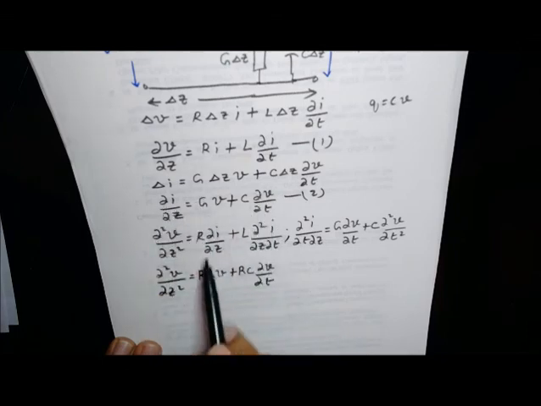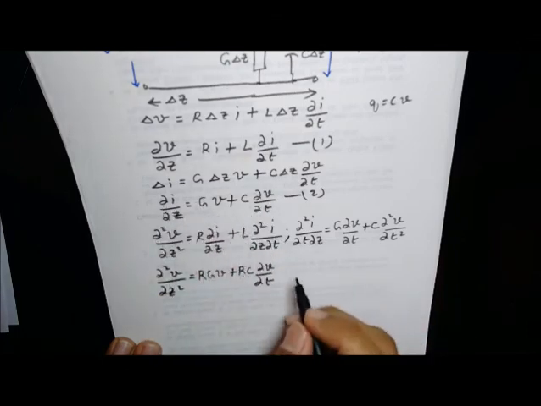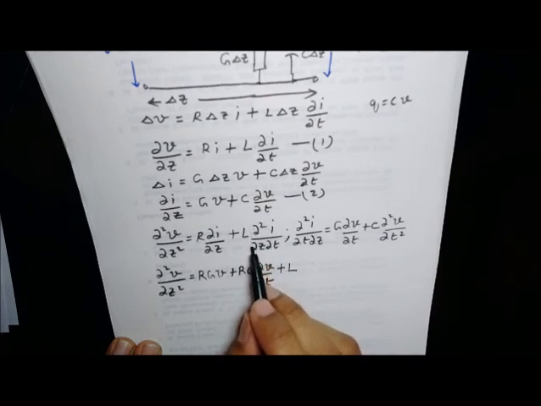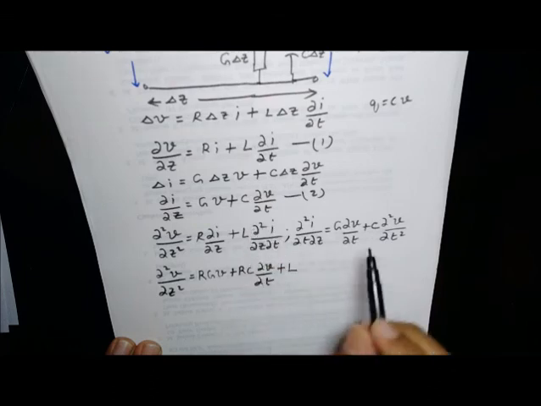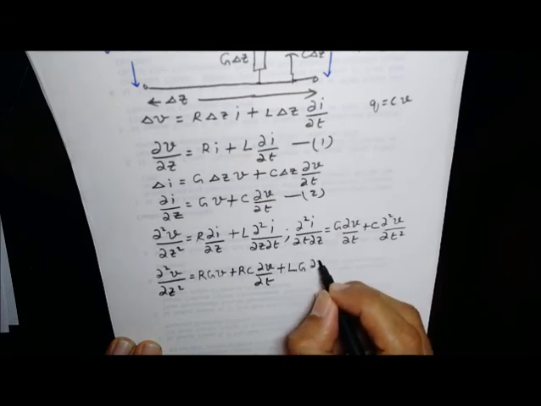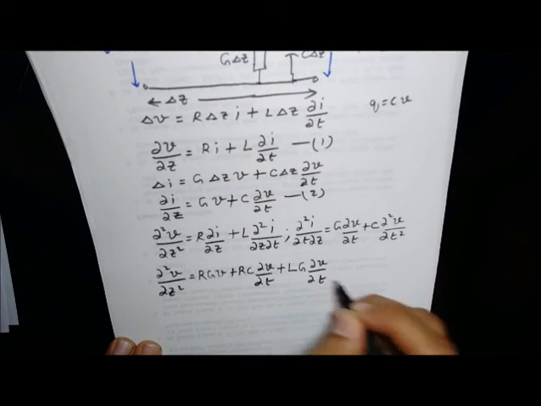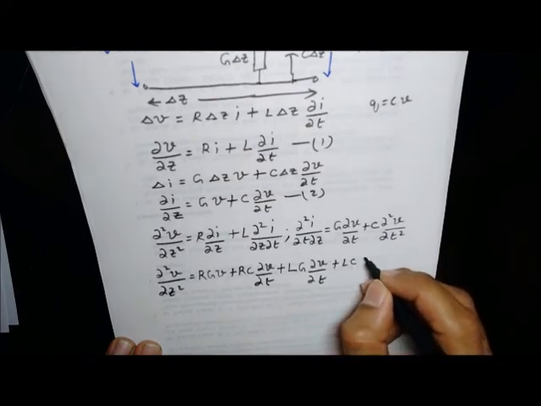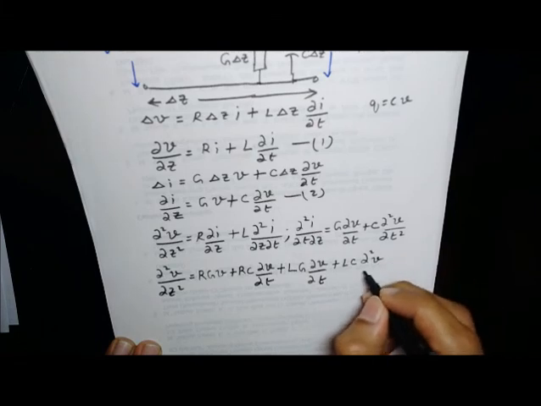Then you have plus L, and this ∂²I/∂z∂t is replaced by this. So I get LG ∂V/∂t plus LC ∂²V/∂t²,